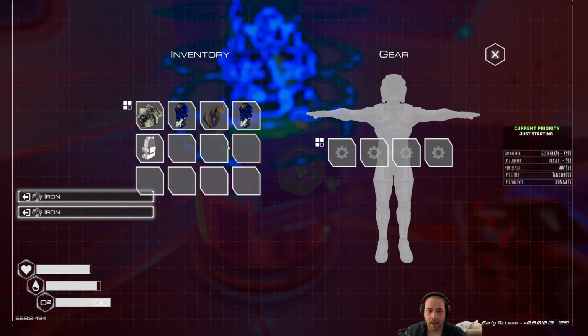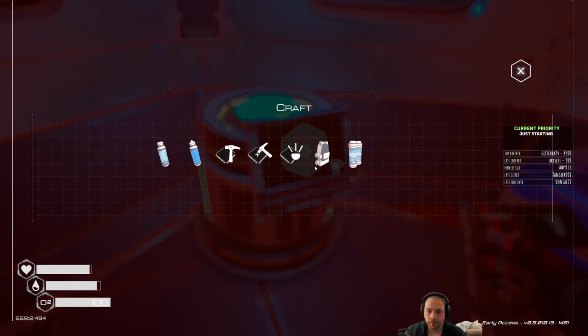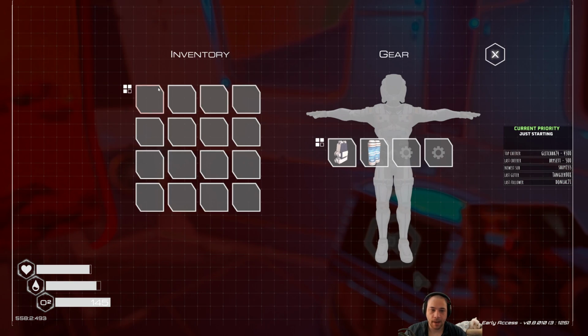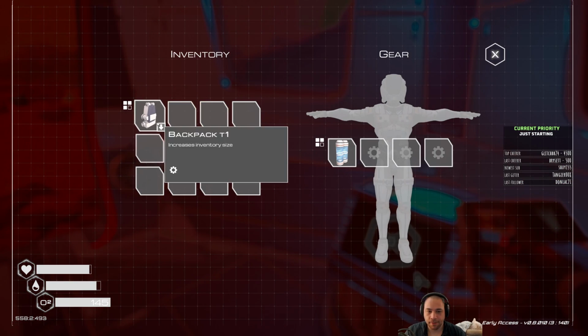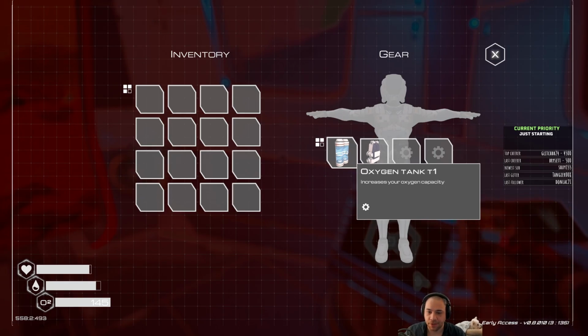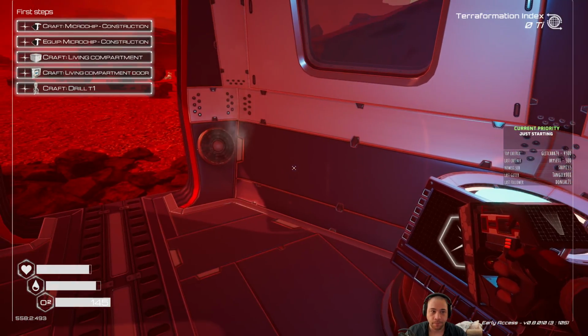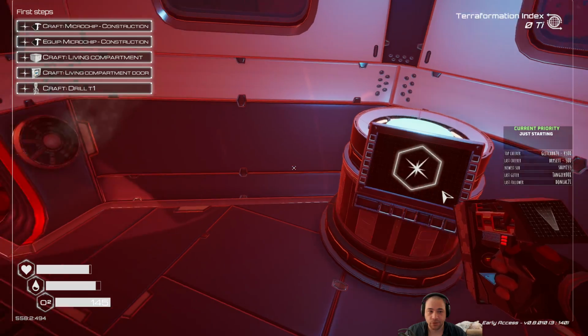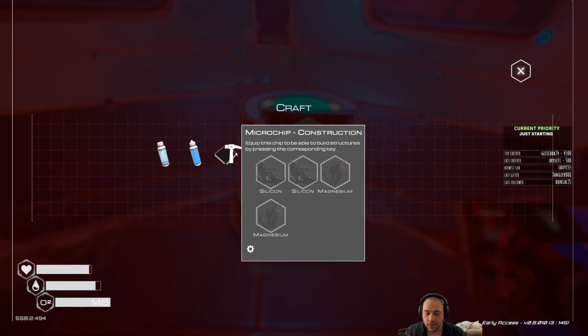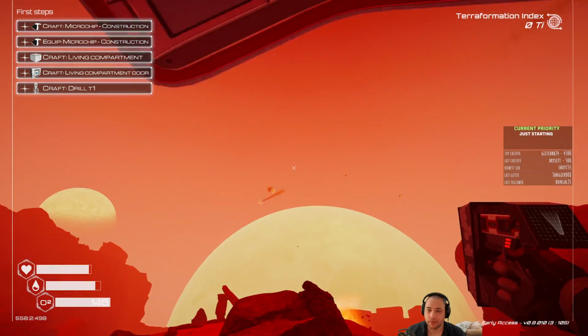But here we go. Backpack tier 1, in. And oxygen tank, in. So now, my backpack went from 4x3 to 4x4, and there's 5 tiers of backpacks, 5 tiers of oxygen. The next thing we want to do is a microchip for construction, so I can actually build facilities. So for that, I need 2 silicon and 2 magnesium. And right now, there's actually